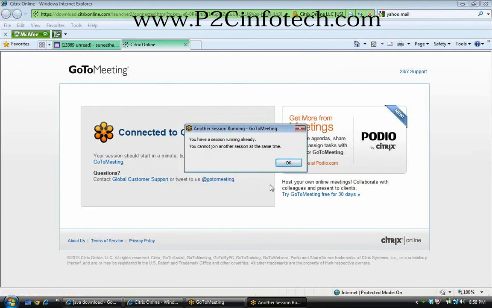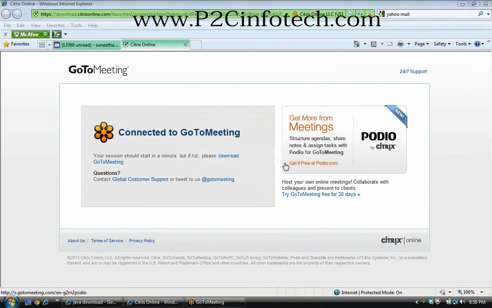No, it won't take space. Another session is nothing but, because you already have GoToMeeting running, when you are the moderator, you'll have some options. Anyway, go to Google, I'll try to explain.